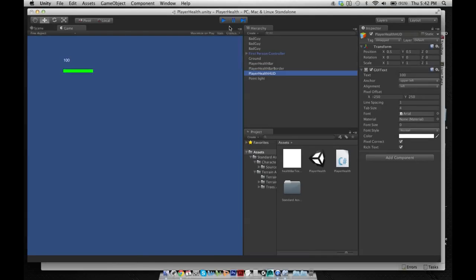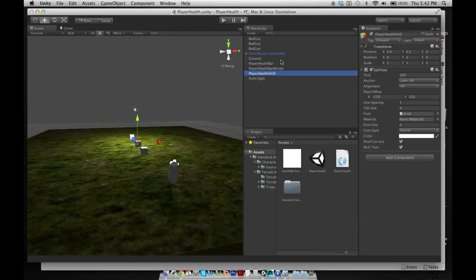Okay. Now keep in mind, what I'm showing you here is just one way to do a basic health bar and HUD. There's 1,000 different ways to do it, and this is one way using GUI text and GUI textures. There's other ways to do it using game objects and custom scripting and all these crazy things, but this is just a basic default thing that you can do to get it in there. Okay, so again, in the GUI text for the player HUD health,